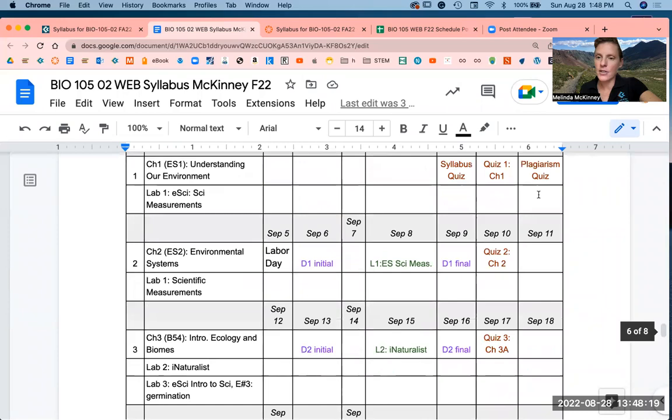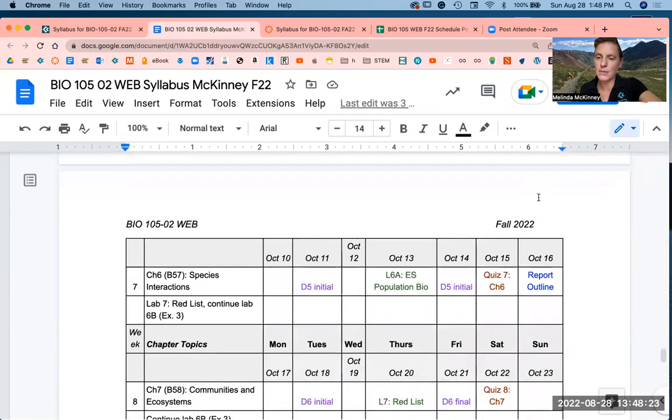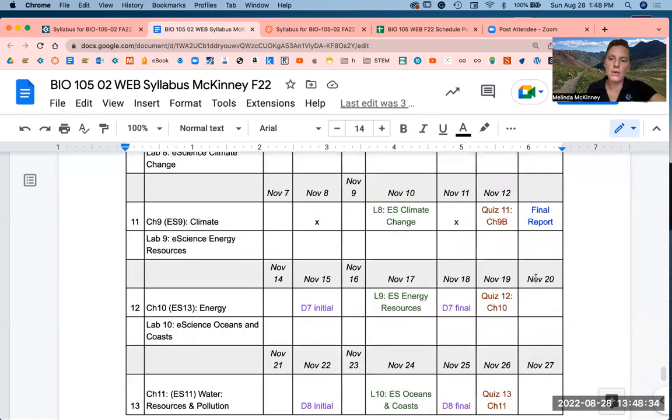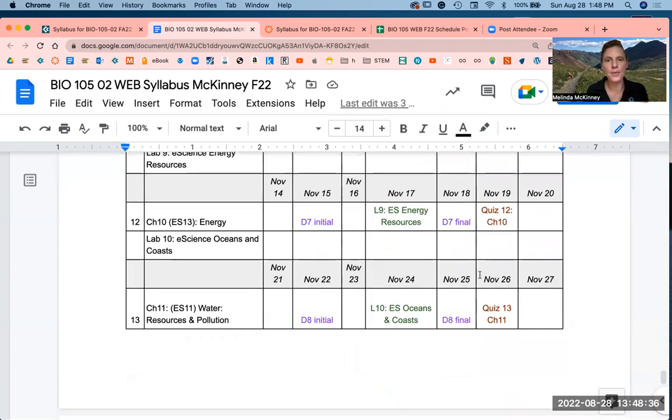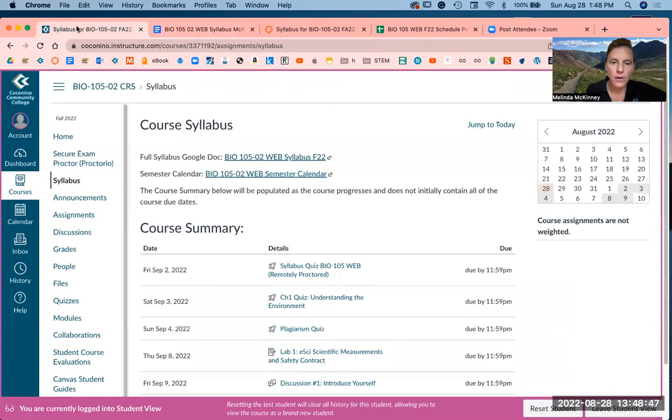So there's nothing due Sunday until we get past the plagiarism quiz, which is this week, to October 16th. And that's going to be your report outline. So we're going to start the writing assignments due there, the report outline, and then you have your report draft, your peer review, and your final report. That is the overview of everything in the course. If you have any questions on that, you can always email me again through Canvas and we can talk over Zoom. Okay, so a few more things I just want to show you through the course